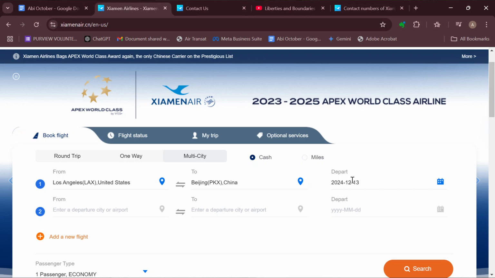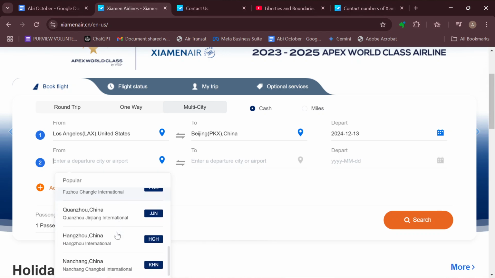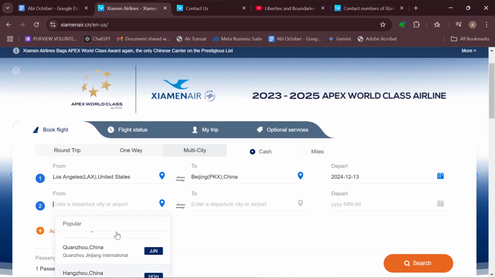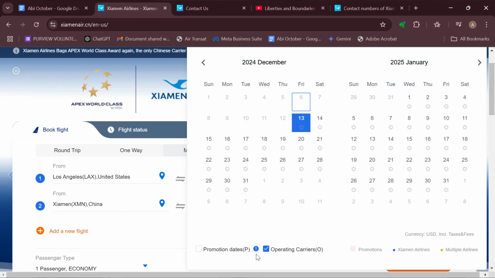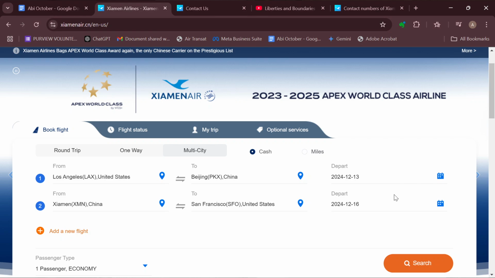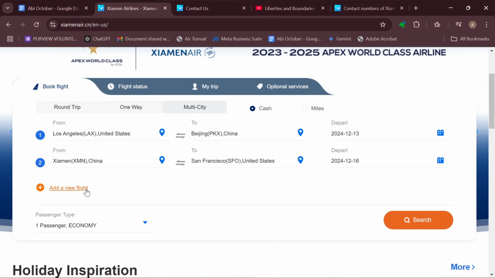Your departure date. Since it's a multi-city, only the departure date will be asked for the first trip. Then for the second trip, since you are having a multi trip, you have to select your location, where you would be, as well as your destination, where you're heading to. So select your dates, on what day you are departing, and then you can add more flights if you